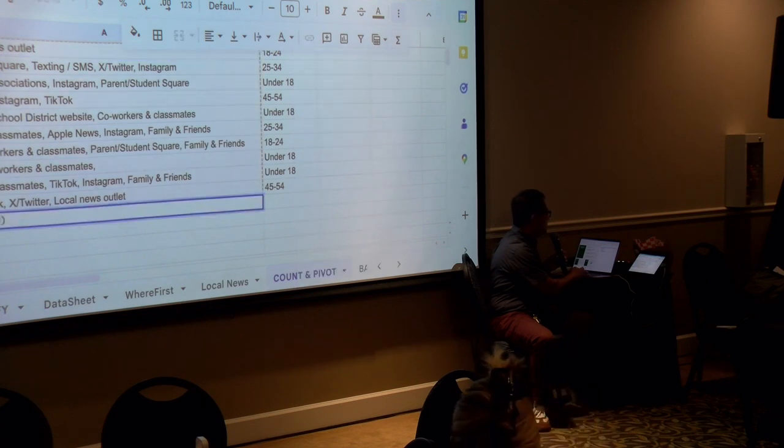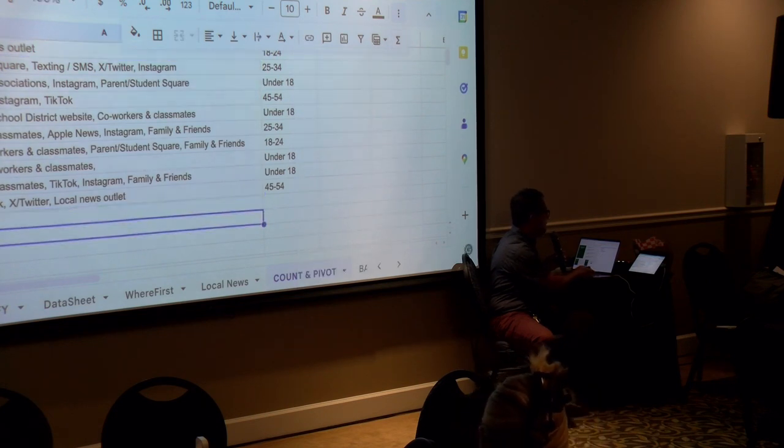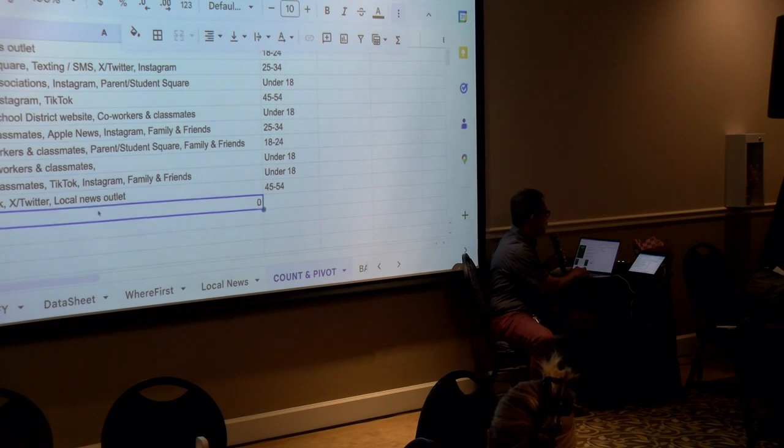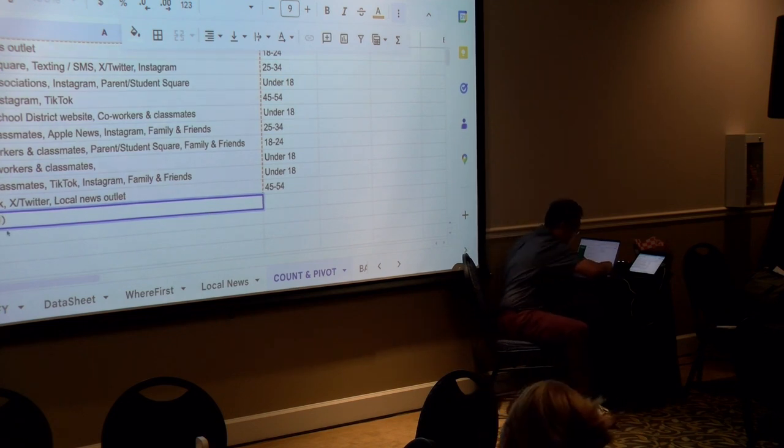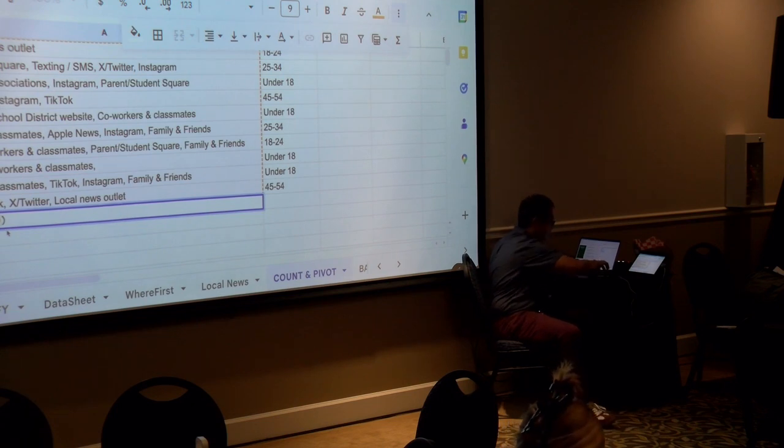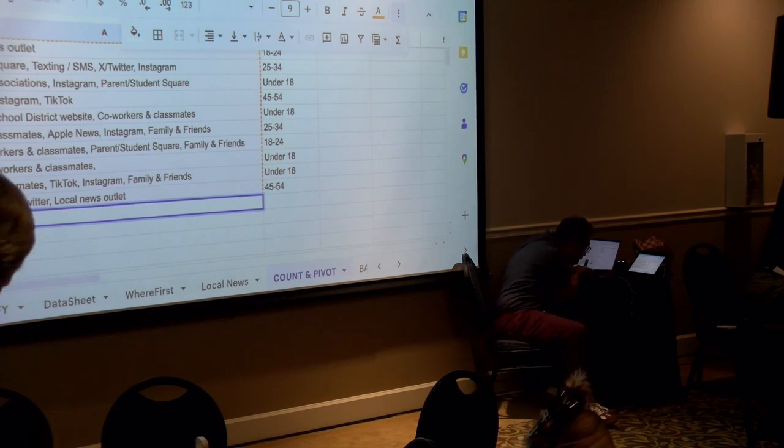So if it's counting the number of items here, it's going to go 0, right? Because we really want to add a value here. So if I say count A1 to A10, sorry, I don't know how to, here we go. I'll try to do this. If I wanted,